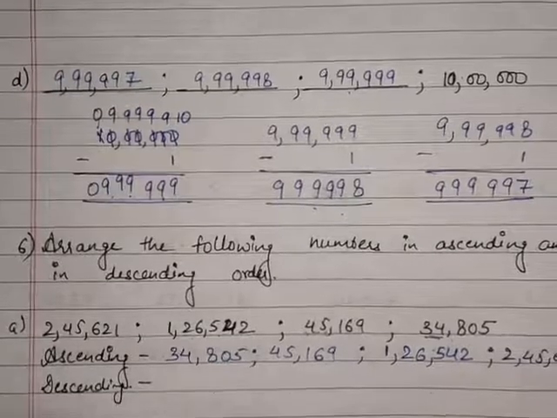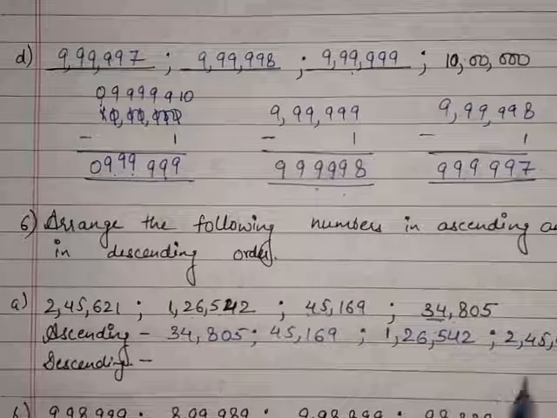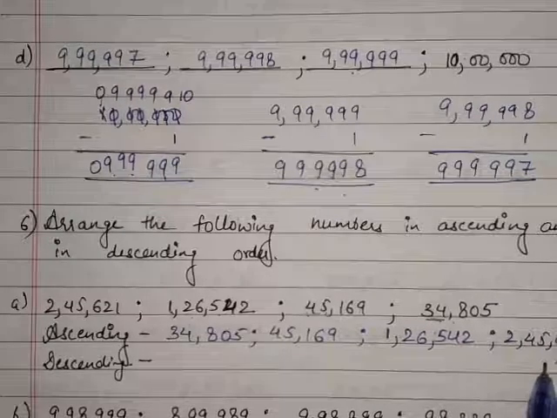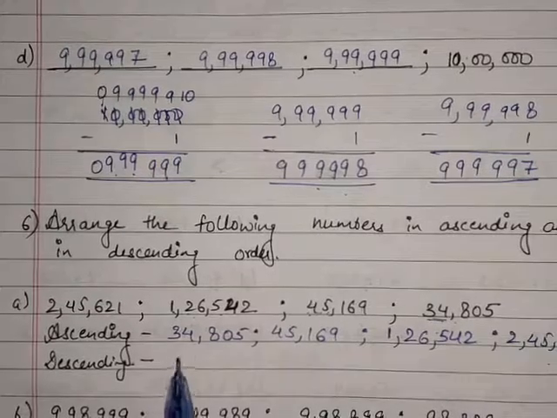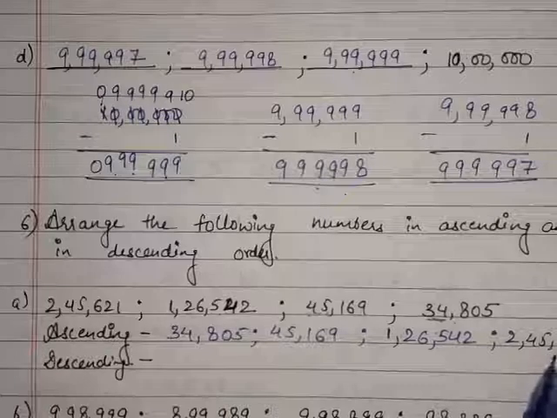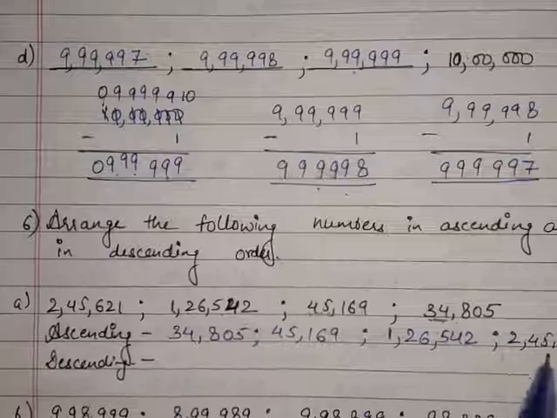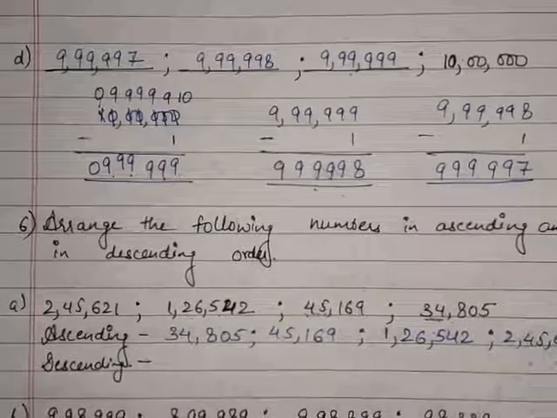Now, how to arrange the number in descending order? See, what is the last digit in this? It is the greatest digit. So our greatest digit in the descending order comes first. So we will write the opposite. Which is the last digit? It will come at the first. And what is the first digit? It will come at the last of the descending order.